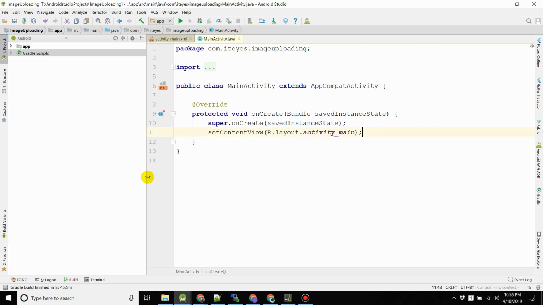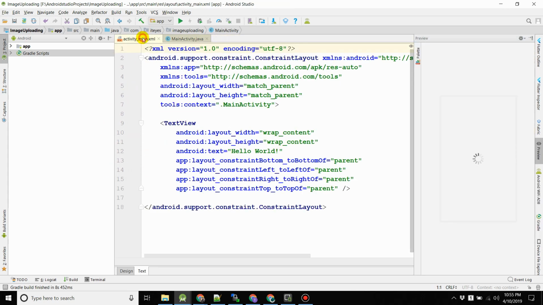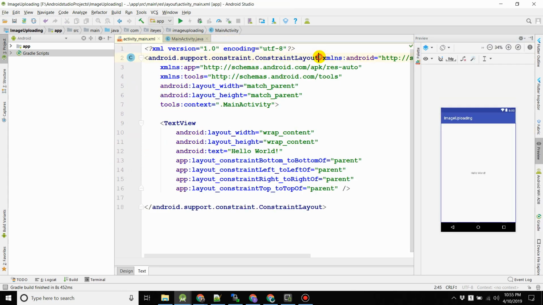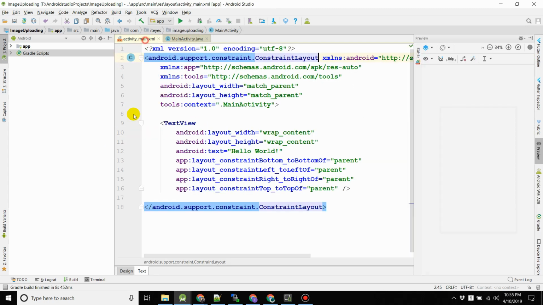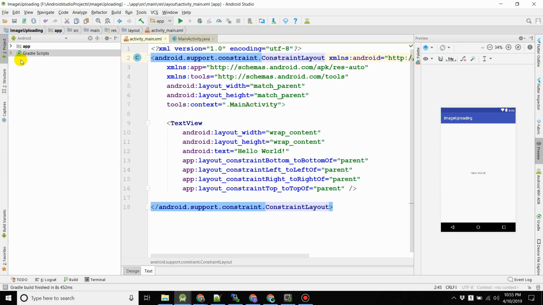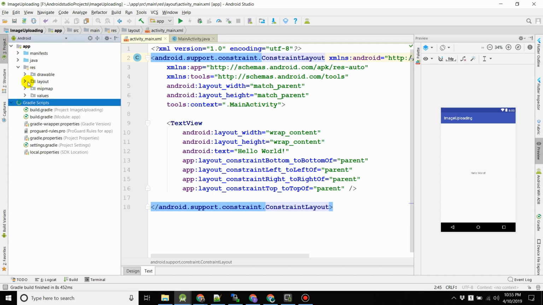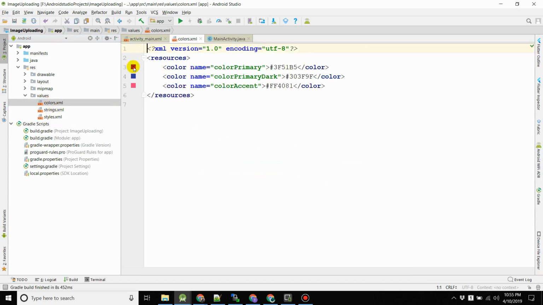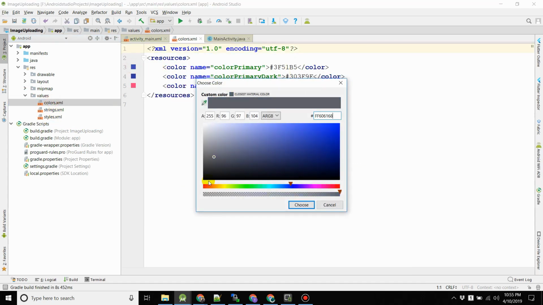The project initialization is complete, and here we can see I have an XML layout as well as a Java file. First of all, I will change the colors for the app. We will go to res values colors,